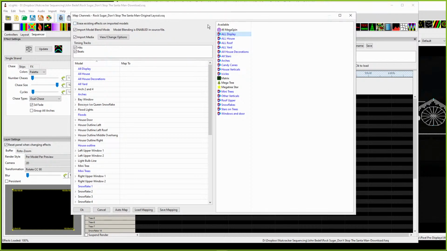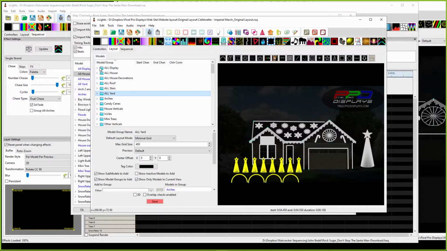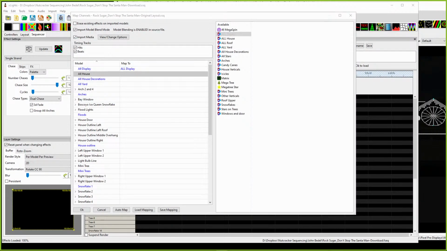And you begin by doing something basic. You only have to map one thing at a time. So if I have an all display, it kind of matches my all display, right? If I go over here and look at, well, what's the all display thing do? I click on that and I say, oh, everything lit up. The tree's not lit up. Let's go over to my layout. What do I have a group that's like that? You'll know that ahead of time, or you can cancel out of here and go quickly make it. It's not really that complicated, but you can do this one item, put one item over there, and we can